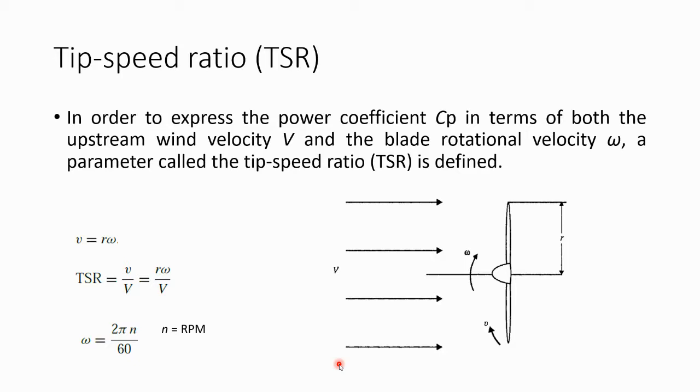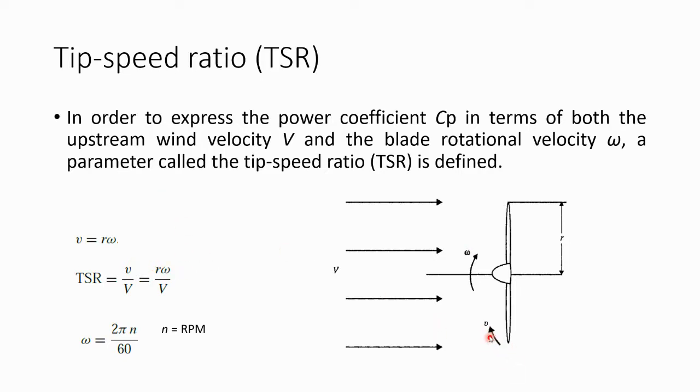Okay, in order to express the power efficiency, Cp, we use Cp to express the efficiency of the extractable power, isn't it? So in order to express the power coefficient Cp in terms of both the upstream wind velocity V and the blade rotational velocity omega, a parameter called the tip speed ratio is defined. All right. So remember, we have incoming wind velocity, given V, the rotational speed omega, and then this